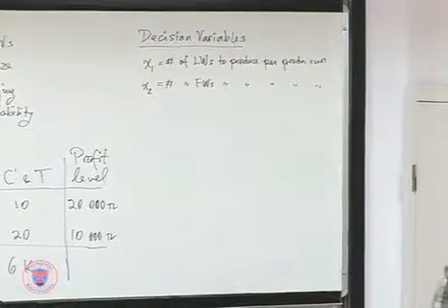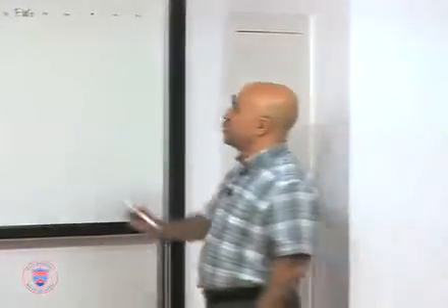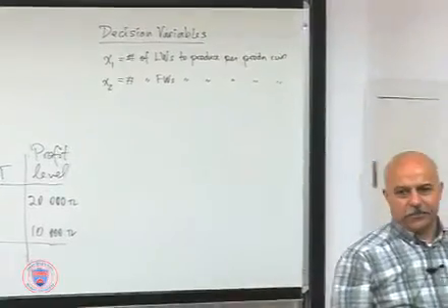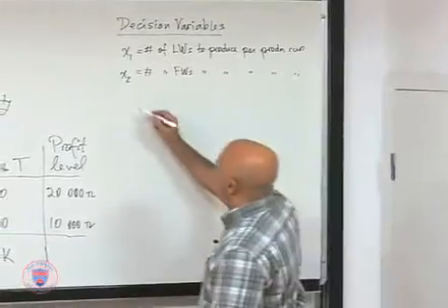Now, when you work on homework problems, make sure you've got a good definition, a precise definition for your decision variables. If you came up with the wrong definition, you will not be able to express some of the things that you should like to express. Okay? In that case, you go back and try to come up with different decision variables, perhaps, to make the job easier. All right, in this case, this is natural. And then